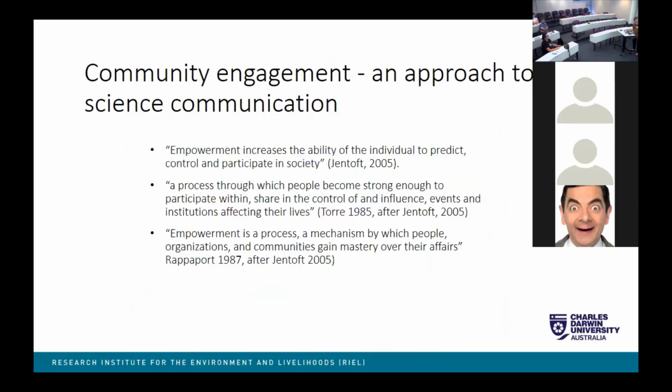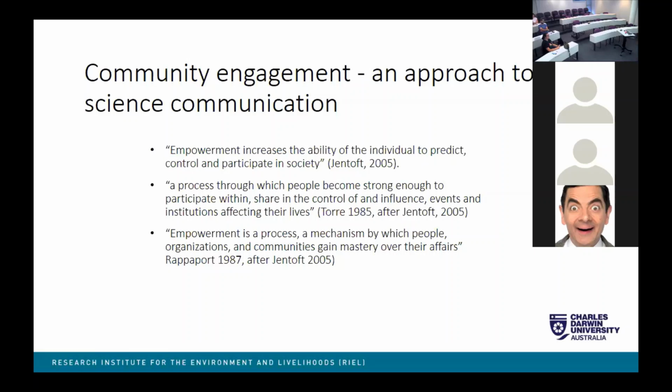So just to talk about that word empowerment. So empowerment increases the ability of the individual to predict, control, and participate in society. So I think, Erica, you mentioned something that sounded like empowerment to me, where you want, what did you mention? I've just forgotten. I mentioned influence. Influence, yeah, influence, and there was something else too, yes. Oh, I know, and sorry, I've forgotten your name. Tom. Tom's talked about so people can continue on their own path to further investigate too. So that's an empowering thing where people know how to,